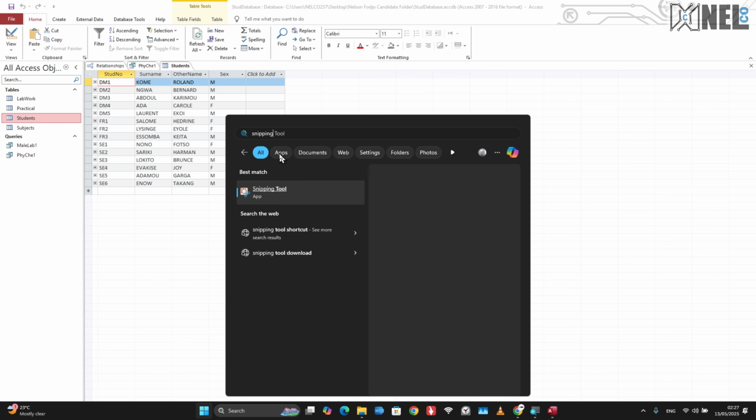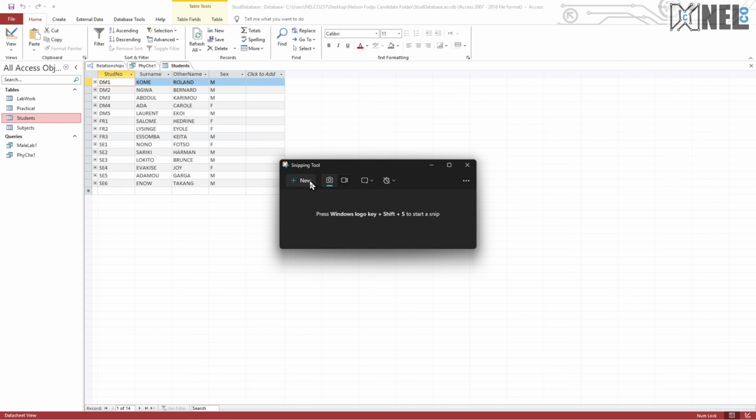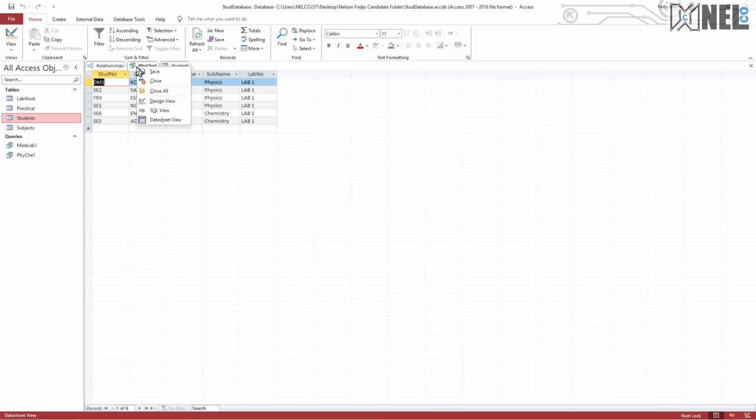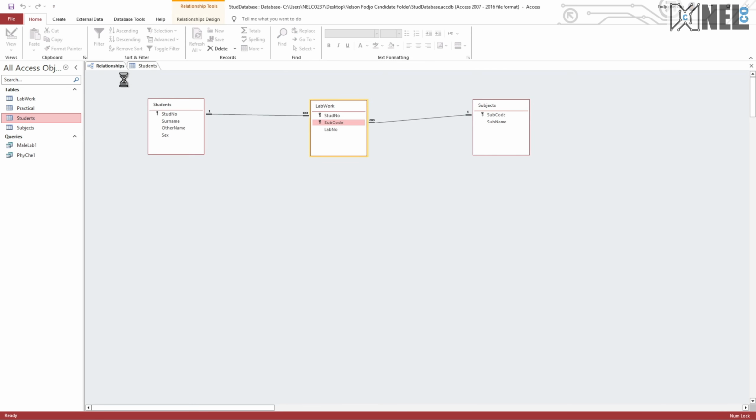After pressing Windows, you search snipping tool. You open it and click on the plus or the new that is going to appear. That means new screenshot. Most of the times it's good to close the other ones to make your work look neat, because the examiner might not know what you